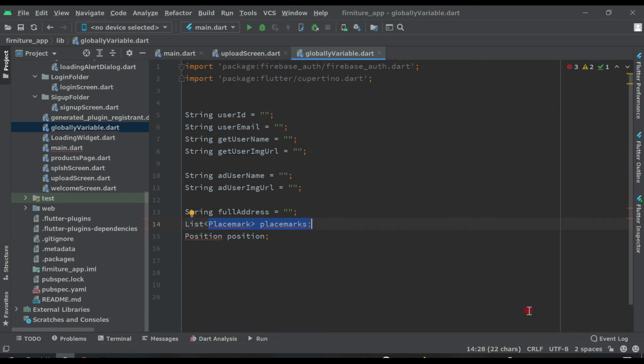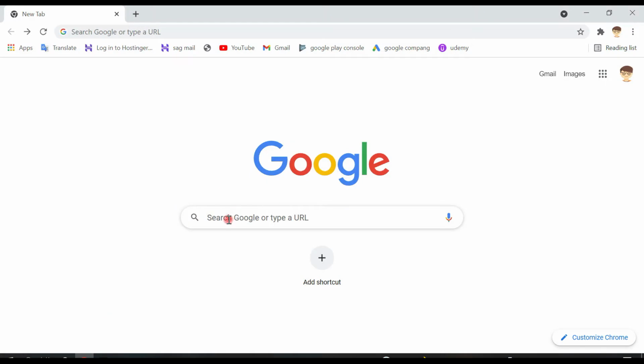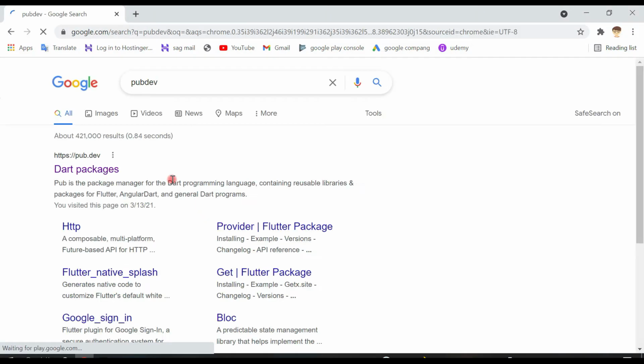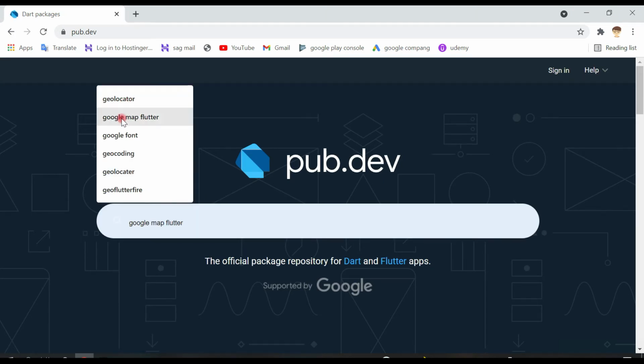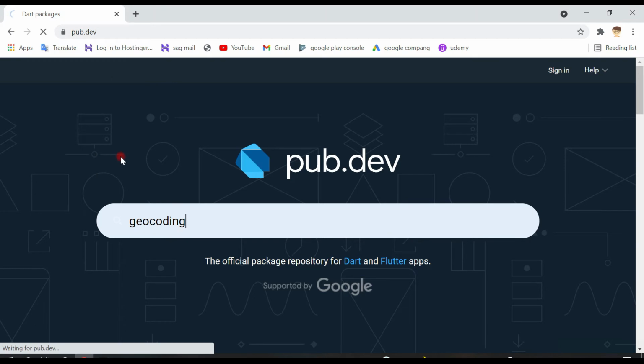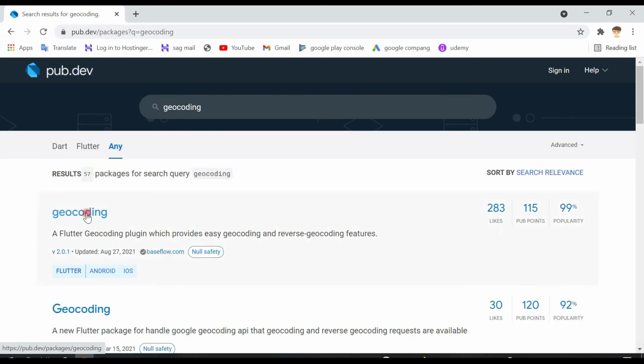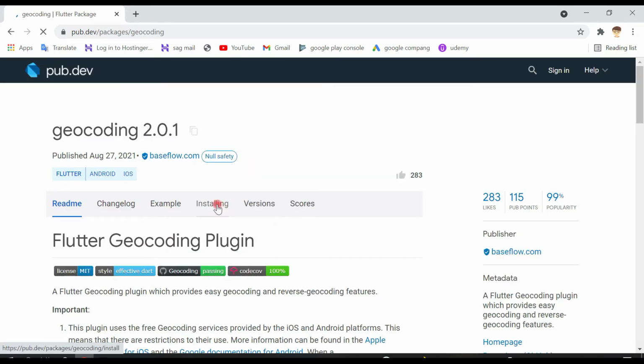So for that come to Google and write pub.dev, and the first one, packages, and write here geocoding first, enter geocoding, this one first one, click on it, installing here,